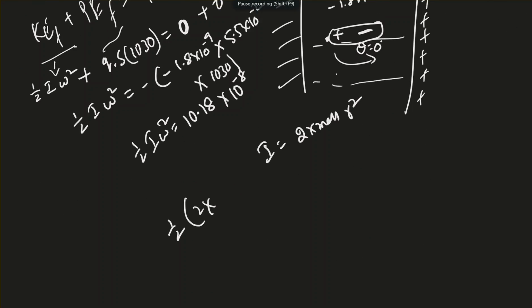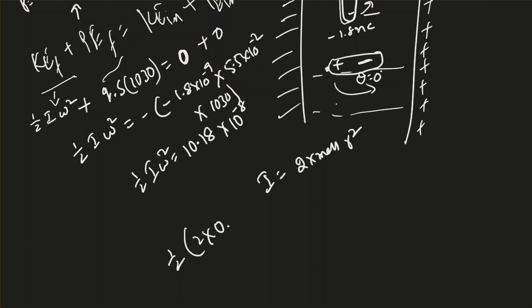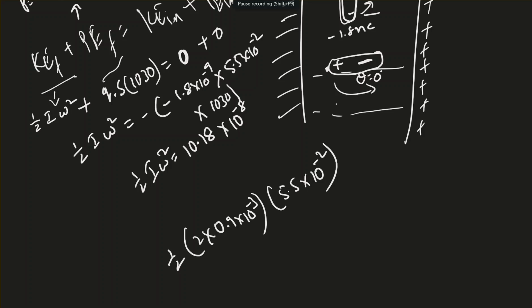I'm going to take that as 0.9 times 10 to the power of minus 3, converting that into kilograms, and r square, the distance is, we know, 5.5 centimeter, so I convert that into meter, whole square, omega square equal to